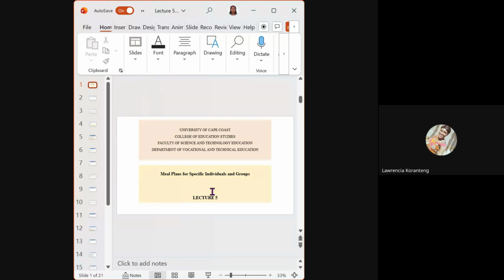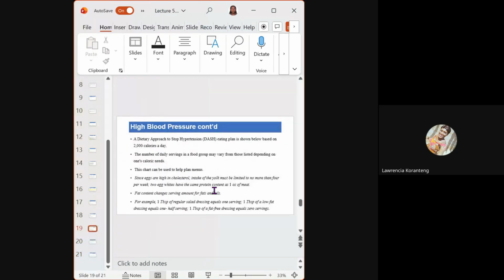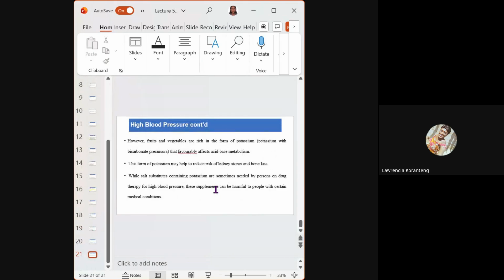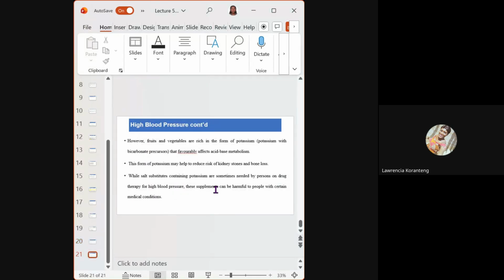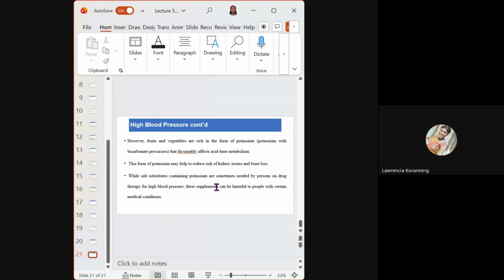I quickly brushed through it because we have done them in nutrition and health and all the other stages. So take your time, read through. Don't say there will be no question. There will be question, but I'm just trying to say that because you have planned a meal for a diabetic person already in